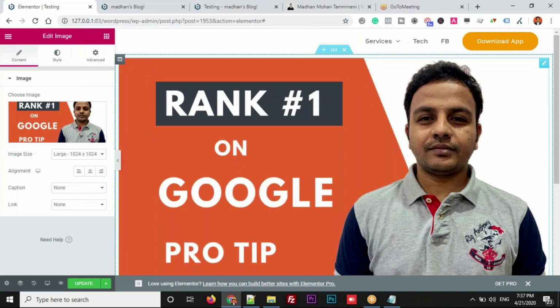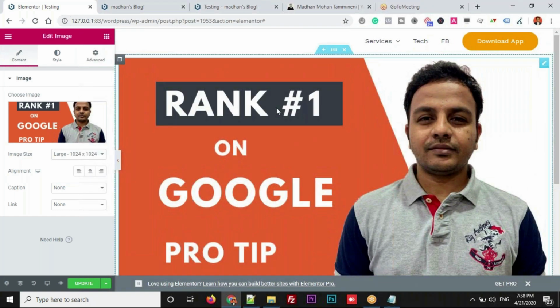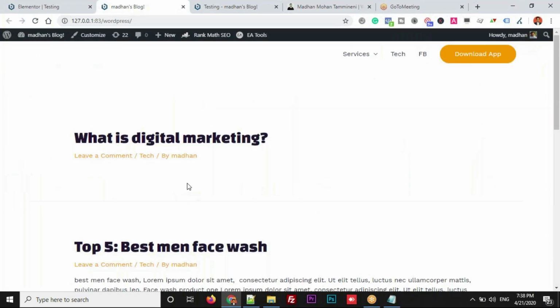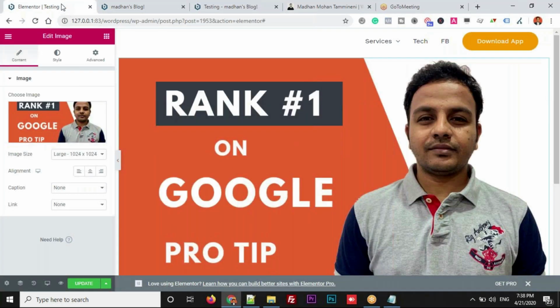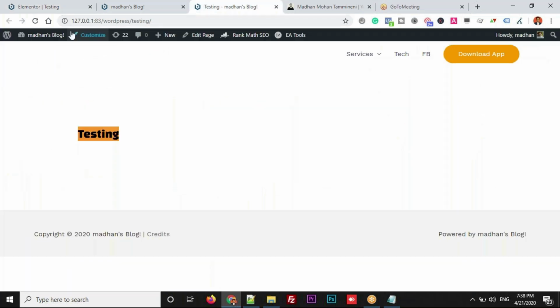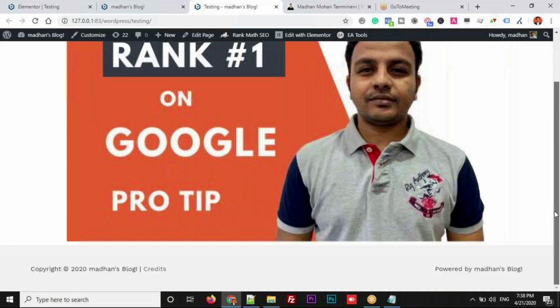Click on insert media. See this, I wanted to add a section and inside this section I wanted to add an image. So this image got added. To make these changes appear on the front page, if you observe, it is still only the heading. So to make it visible, there is an update button on the left side. Just click on update. Whatever changes you have made so far on this page will get updated, and you can click on refresh so that you can see the image got added. This is the first section.